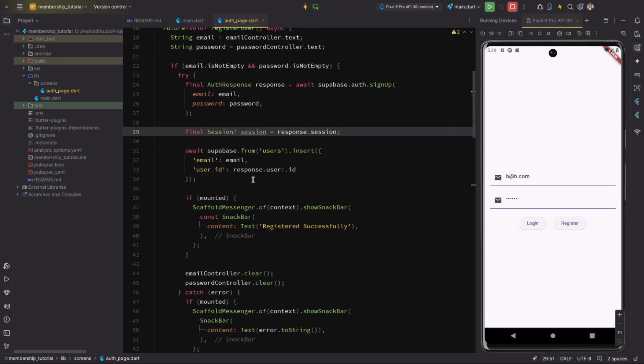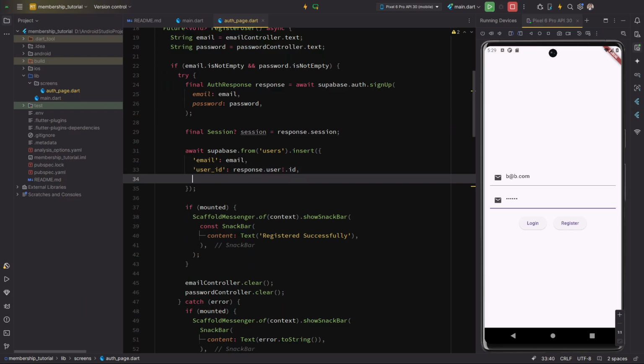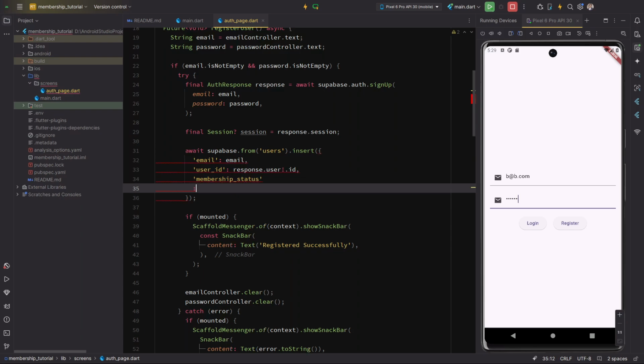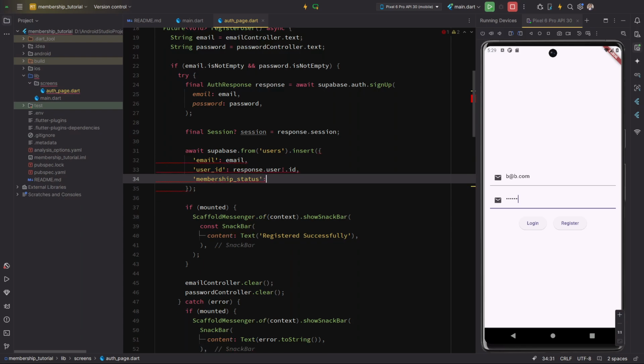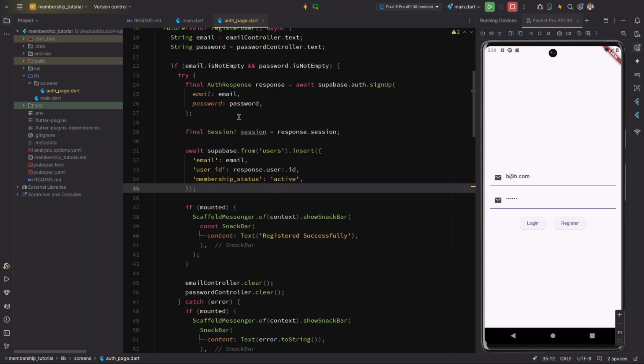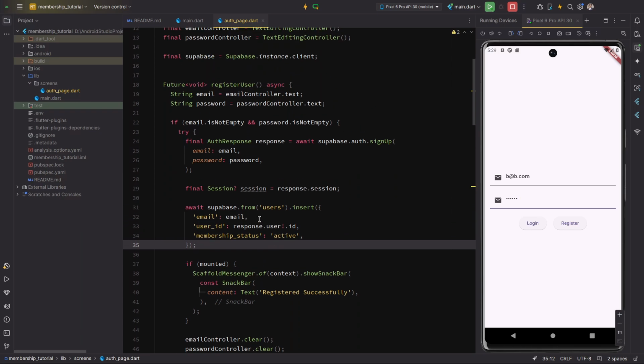So once we did all that, and next thing we need to put membership. Now membership status, and you need to just make sure what you're writing is written in the table. Okay, and for the membership status we are going to say active for the time being, and that's all we need to send. Now if we call the function again, it will just say this,